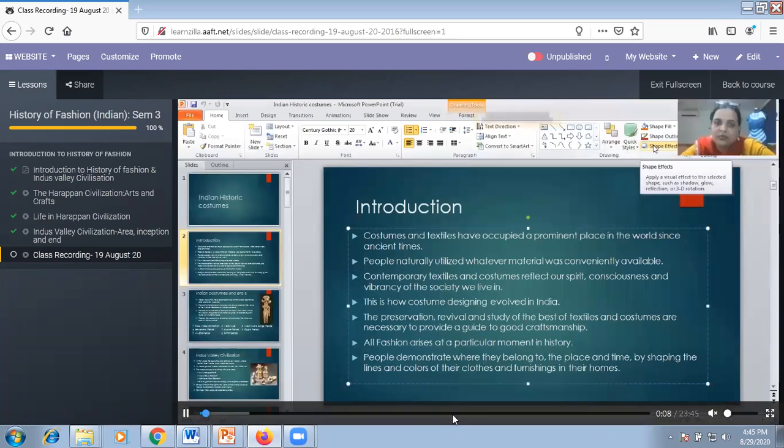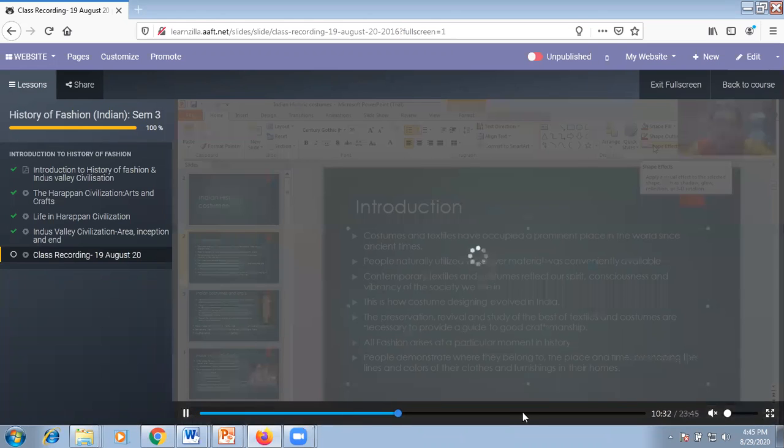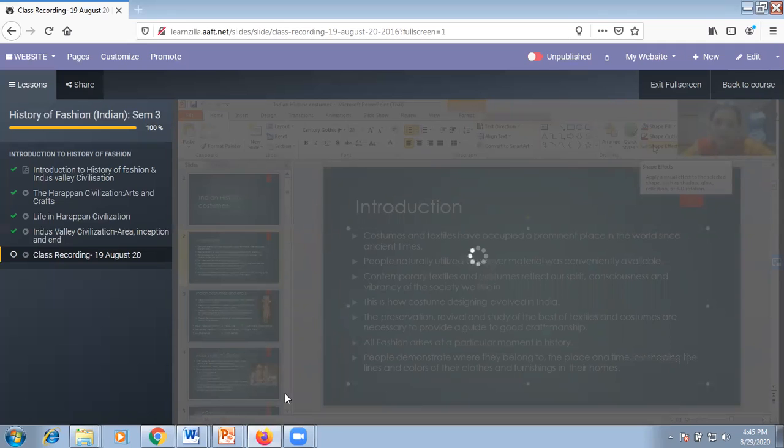We can just fast forward it by moving this blue dot further. That is buffering, so it is taking time. Once it gets buffered, it will come to an end very quickly, and then we just have to publish the page.